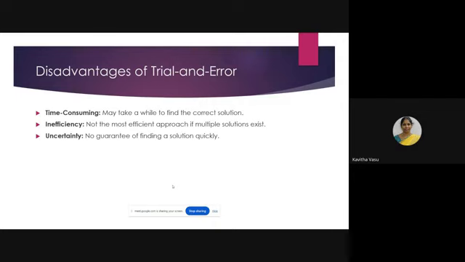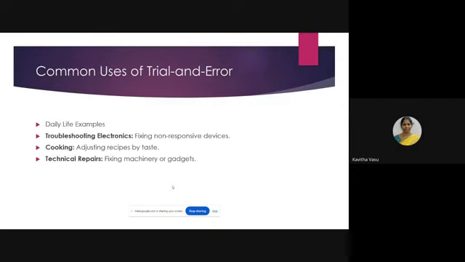Then next is common uses of trial and error. This slide highlights how trial and error is commonly used in daily life. We are applying these trial and error methods every day, but we don't know whether this is the method we are applying. If you consciously watch what we are doing, surely we will find which method we are applying. Troubleshooting electronics is the